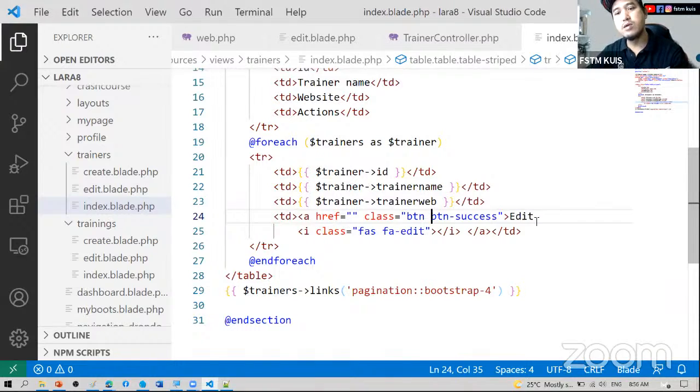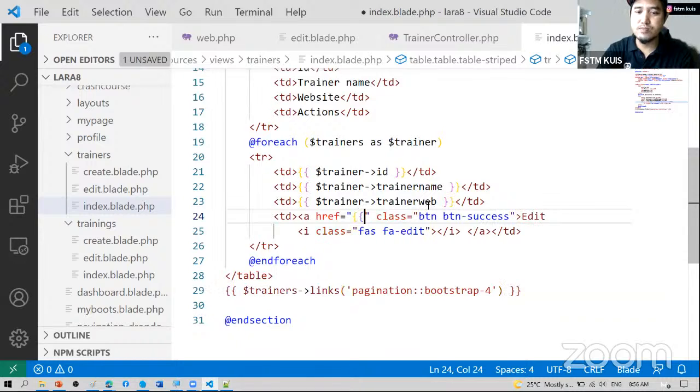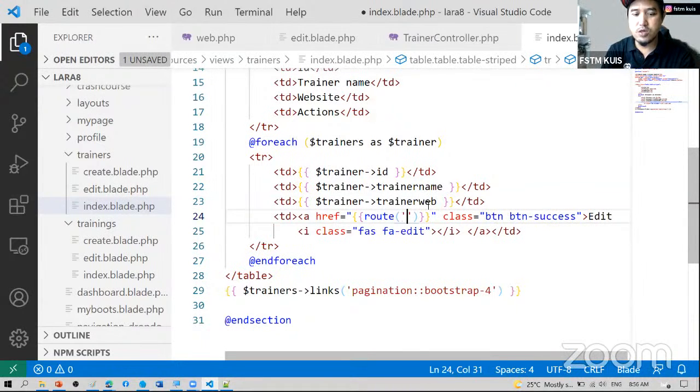Edit means you modify. Update in a database normally means to save what you have edited. Update is basically to save what you have edited, but edit is actually the interface, the form, to modify your data. So inside this href, we can use the route name. Add the route name inside the update button, which is trainer dot